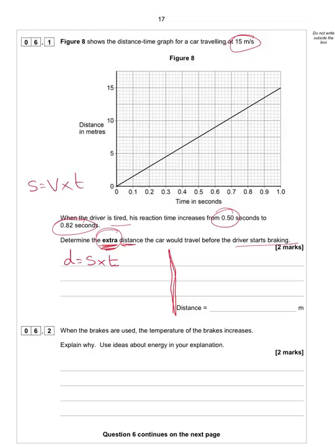Both of those equations are the same, except just don't get caught out. In the equation with distance, the s stands for speed, and in the equation where you've got velocity, the s stands for displacement, a fancy word for the vector form of distance. Both the same equations. So anyway, distance is equal to the speed,